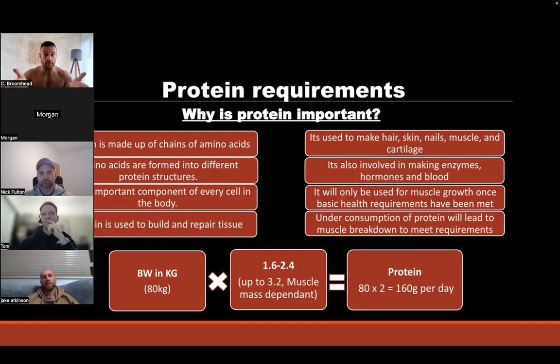That's why I've got a bit of a scale. It's 1.6 to 2.4 grams, and I would say per kilo, not per pound. For me, let's use a 100 kilo male, as some people will be 80, but 100 kilos is just easy to work out. That would be 160 to 240 grams for a 100 kilo male, which is quite a good number to go with, in my opinion. I probably have around 200 to 240. It used to be higher, now it's a little bit less, and again, I've not seen a loss in progress because of that.